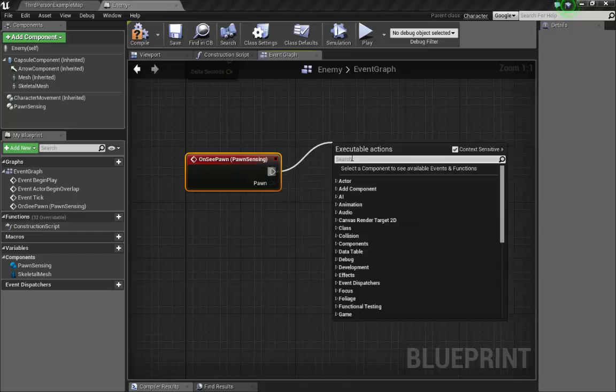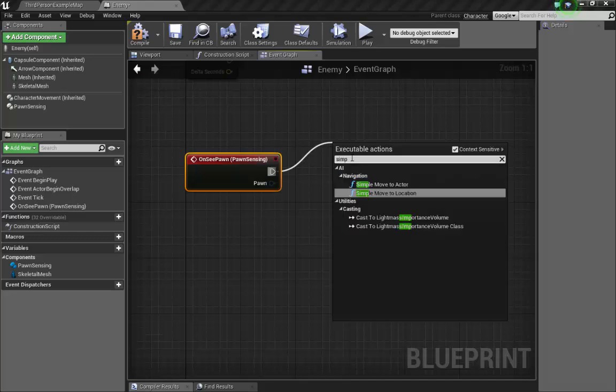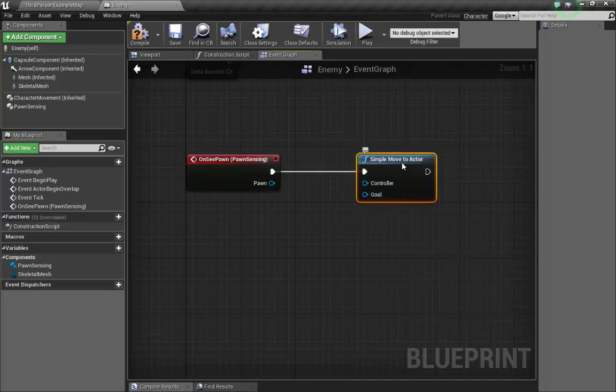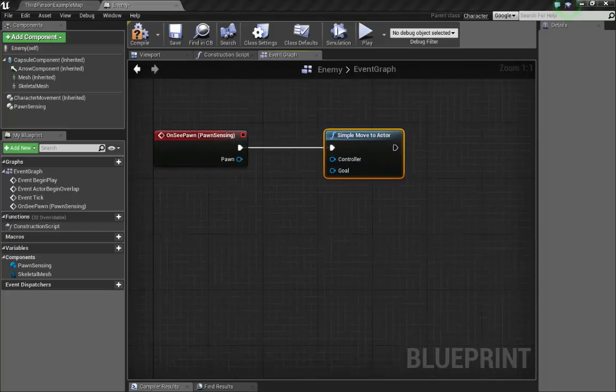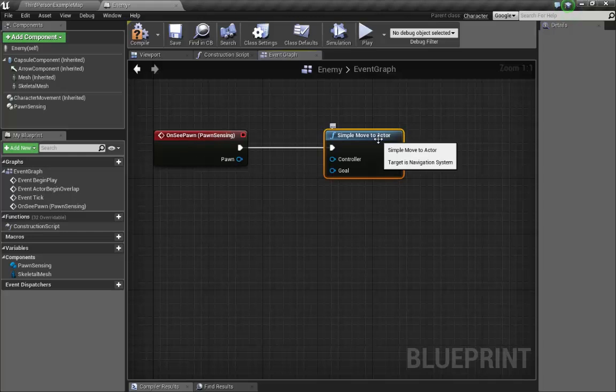Drag off this, and what I want to do is a simple move to actor. There's simple move to actor. So this is going to move it to our, when he sees you, when you walk into that cone, it's going to move towards you. So next point we want to do is,